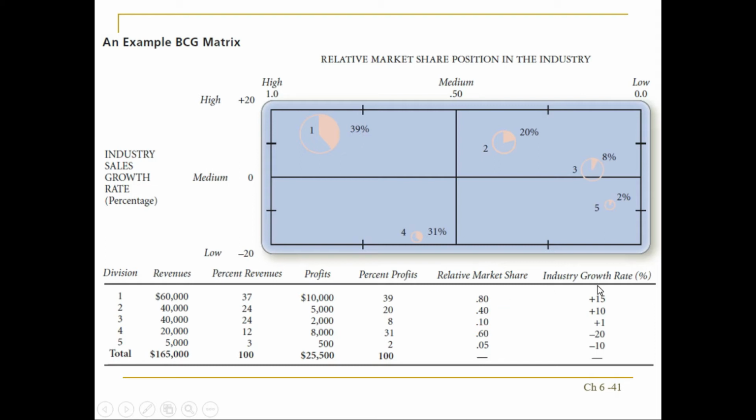And in the last column, the total industry sale growth is being recorded, and again this record can be attained from Google, from the website, from the stock market, from the Chamber of Commerce, any kind of data source you can get easily. So you can get the figure, and you can see that division first is working in that particular city or geographical area, and that industry is growing with 15% growth